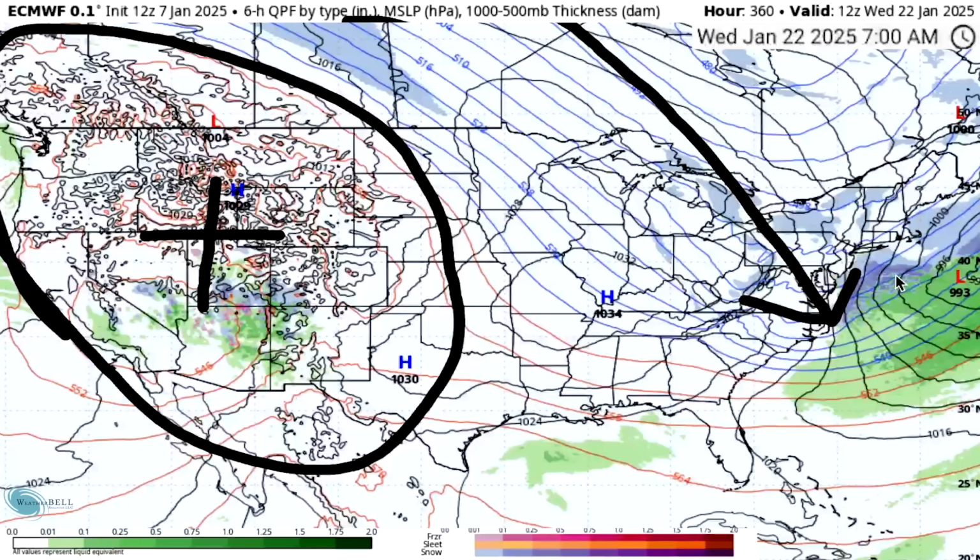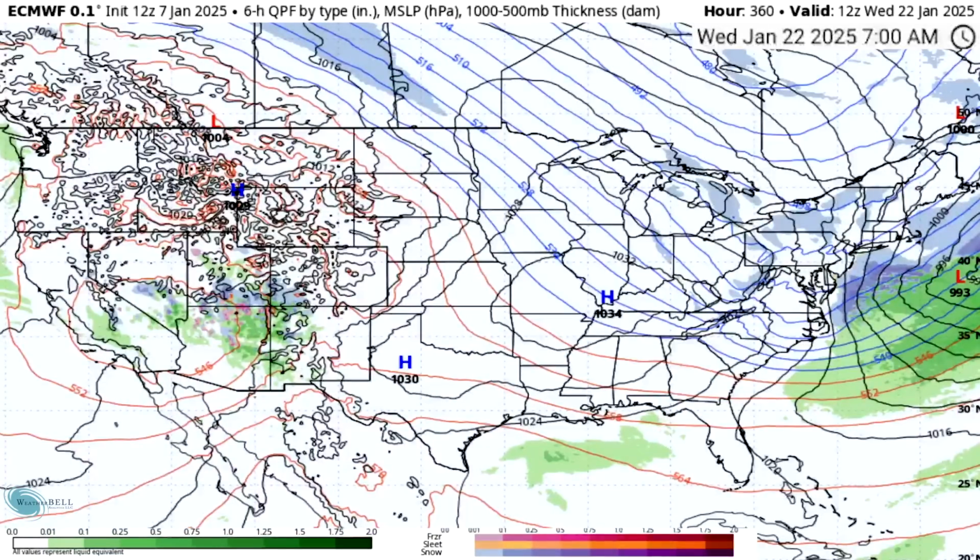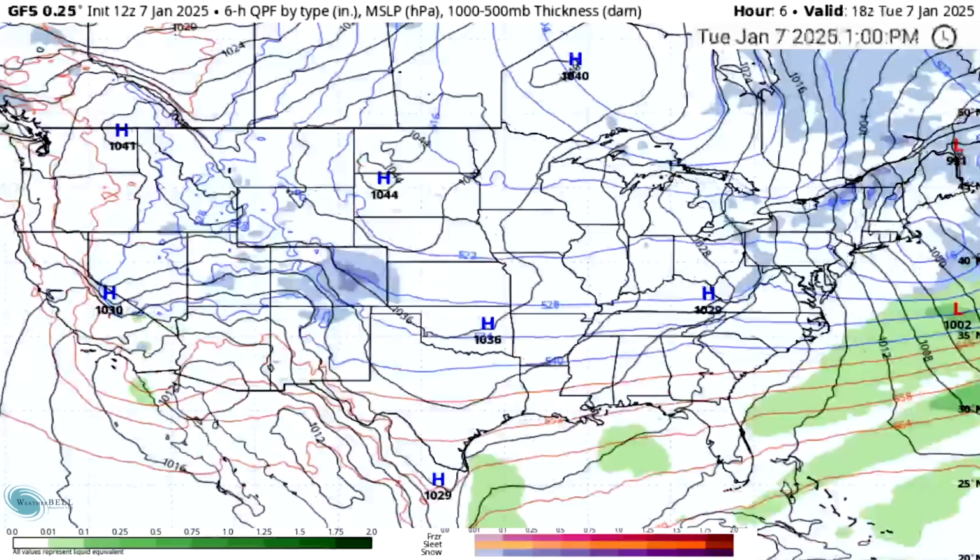So as of today, we still don't have an end in sight, which is just incredible to me. As we move on and take a look at our GFS model, a little bit of a different perspective. The GFS model has been ticking closer to the European model solution. Again, further south, more progressive, quickly moves out. But the key thing here is that it is still a little further north.